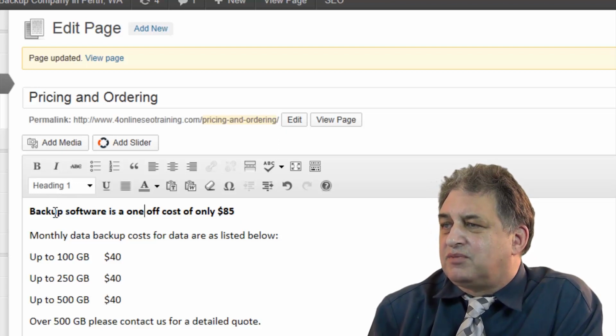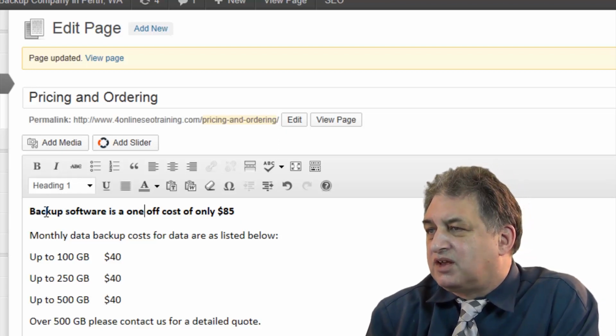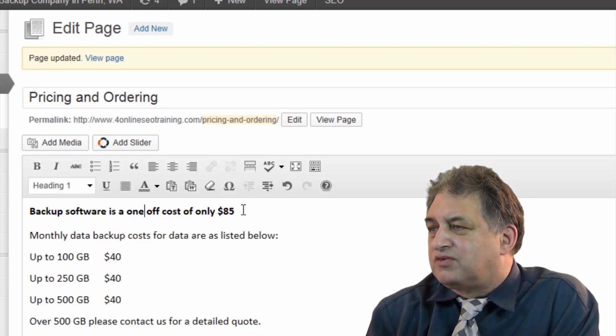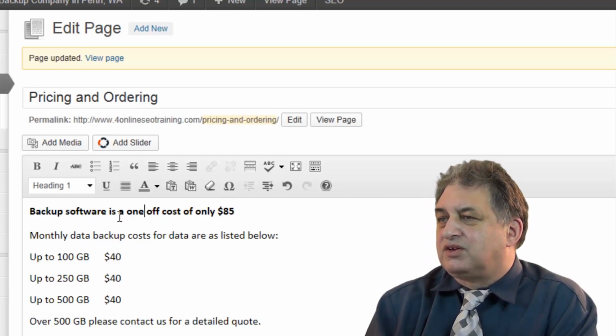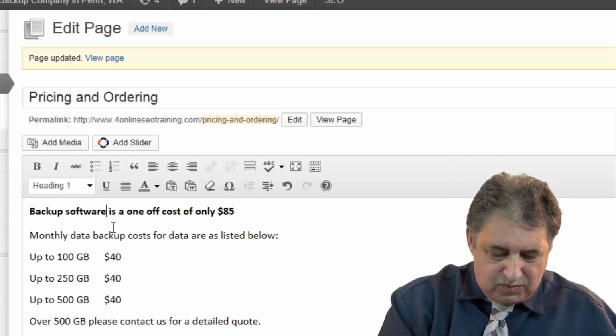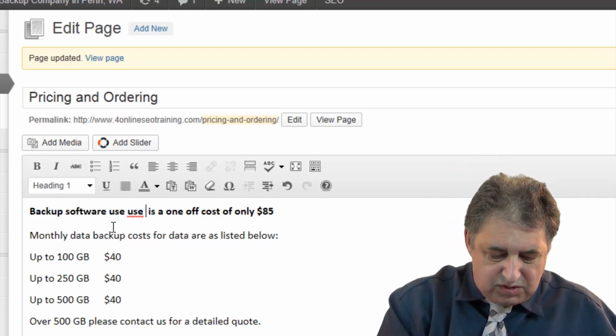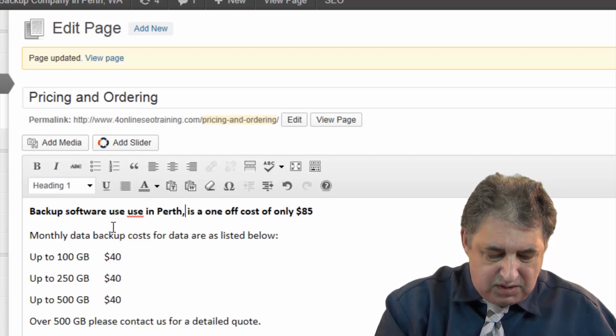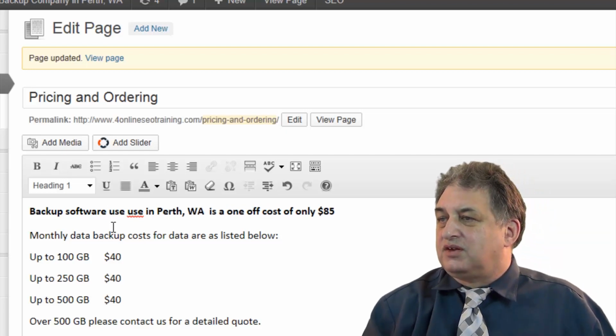That basically means that you can pack this line with your keyword phrases. So at the moment it says backup software is a one-off cost of only $85. So you could do backup software for use in Perth, WA.